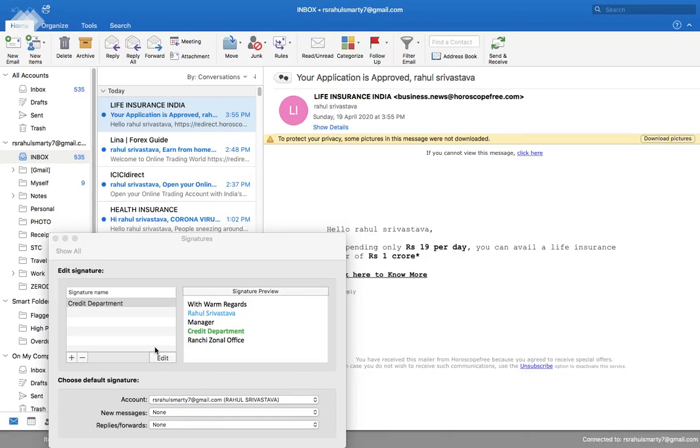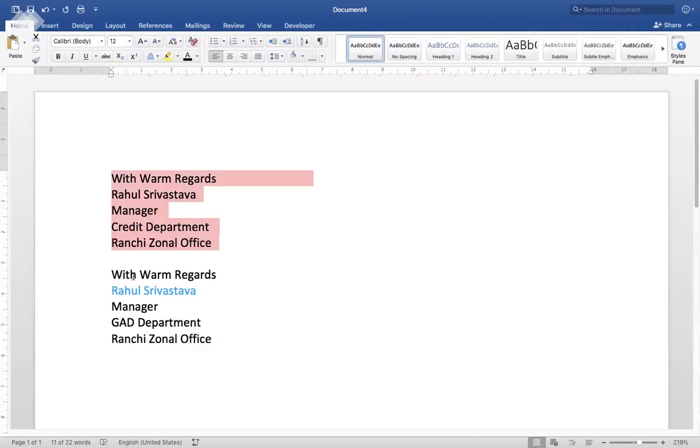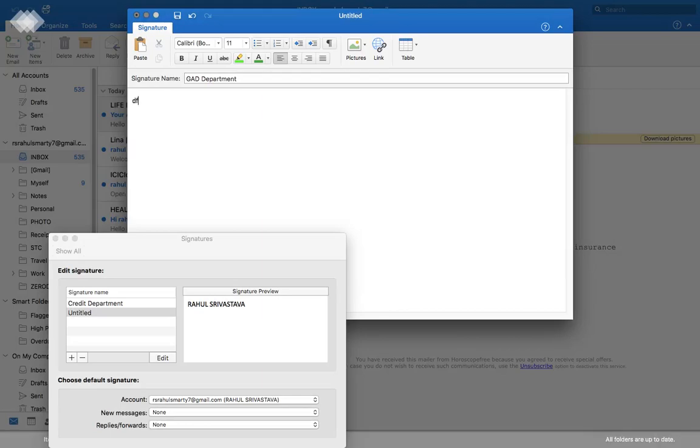Now when I am working, suppose, for GAD department, then again I will do the same thing. I'll click on this plus button, go to signature name, and type here GAD department, and again I will simply copy this from here. If you have not made this, then you can directly go here and make the necessary changes by typing.